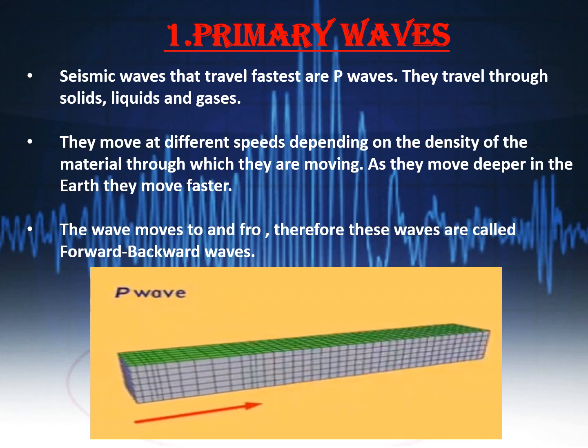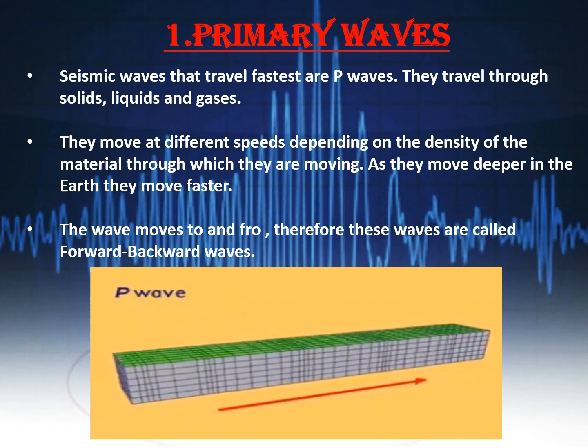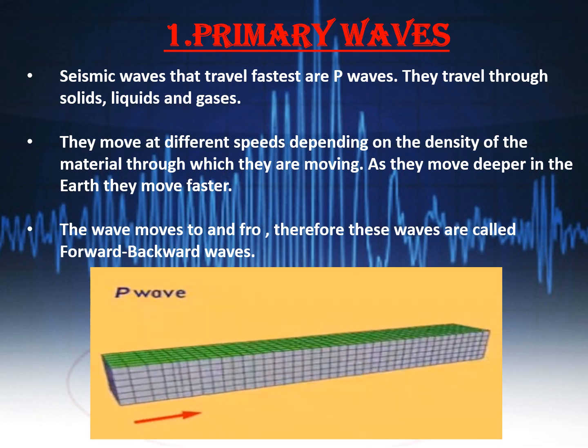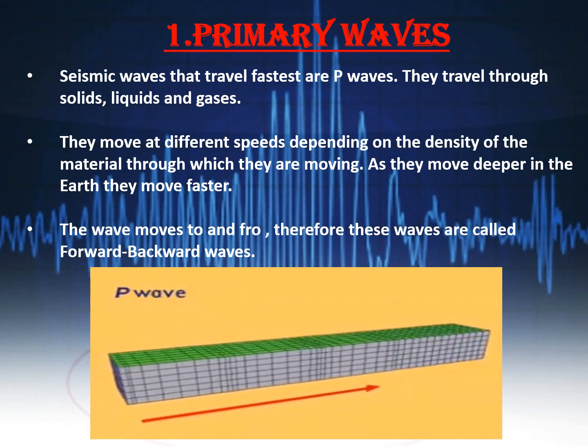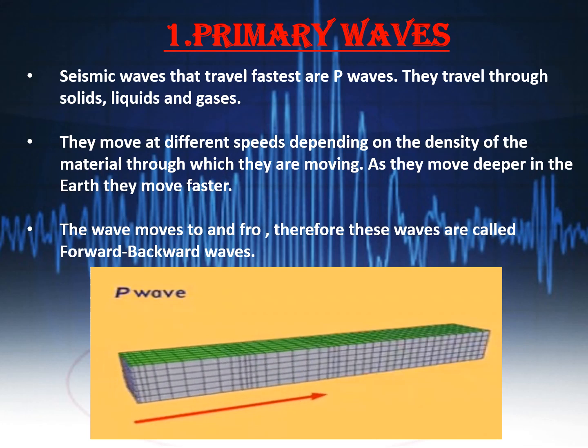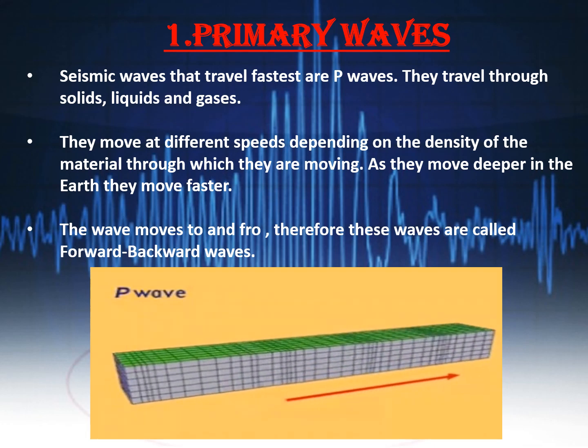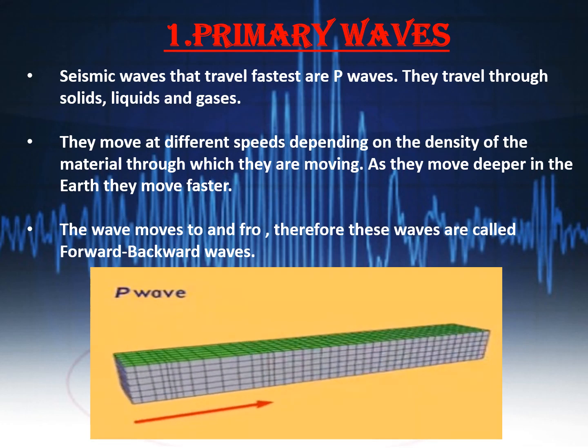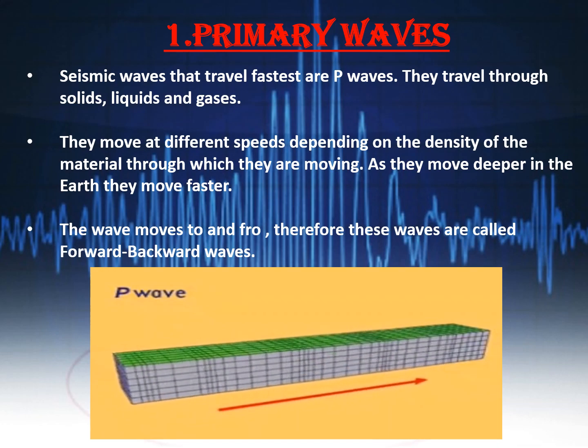Primary wave is a compression type of wave. Rocky material in the direction of travel compresses then expands as the wave passes. Primary wave is similar to a wave traveling through a spring. The coils compress and expand in the direction the wave is traveling.